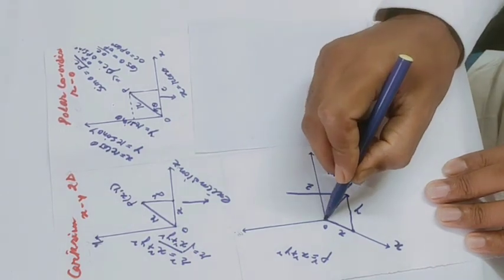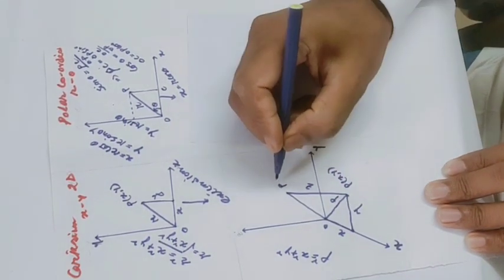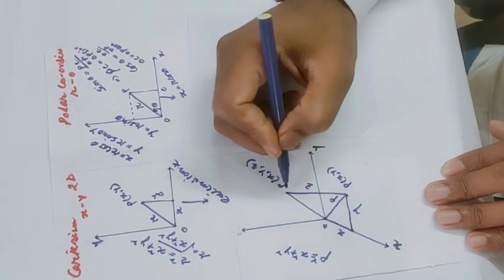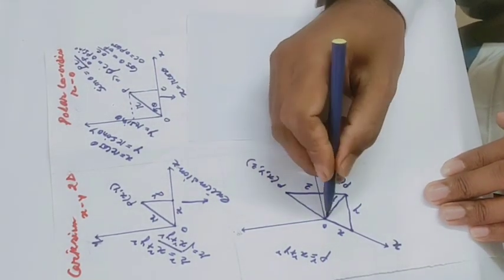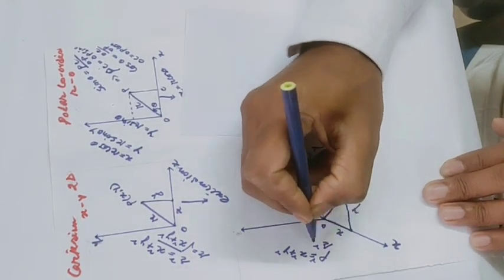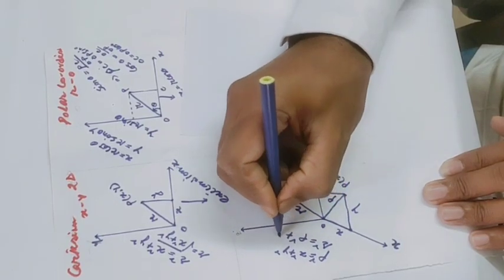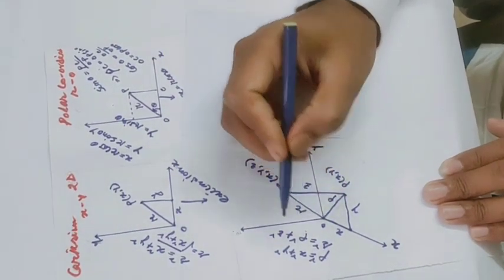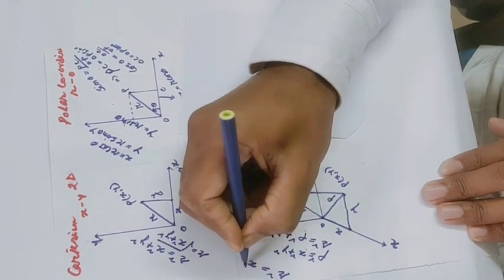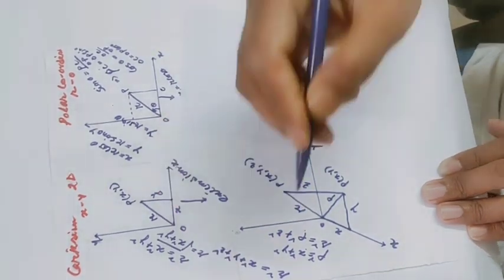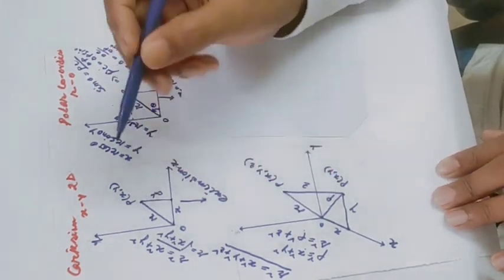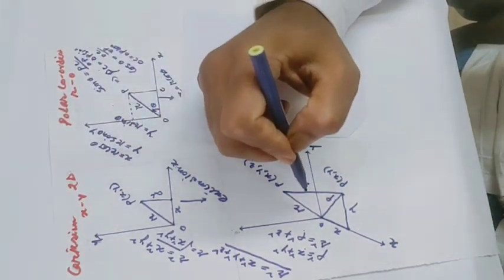Now if you were to represent this point P, this is now x, y, z. You are considering the z-axis also. Here it was only the xy plane, now you have considered the z-axis. This is again perpendicular, this is again rho, so this is the hypotenuse. If I consider this is R, then R square is equal to rho square plus z square. Again rho square is equal to x square plus y square, so I will write R square is equal to x square plus y square plus z square in the 3D Cartesian coordinate system. So we have just extended from the 2D Cartesian coordinate system to a 3D system.